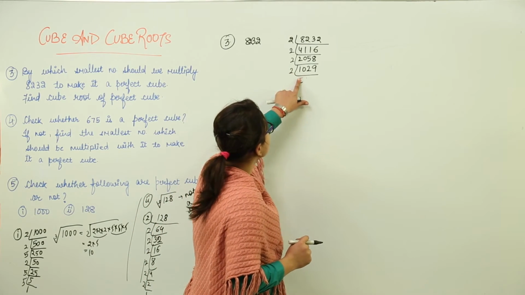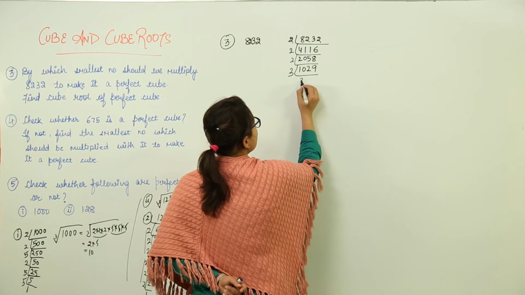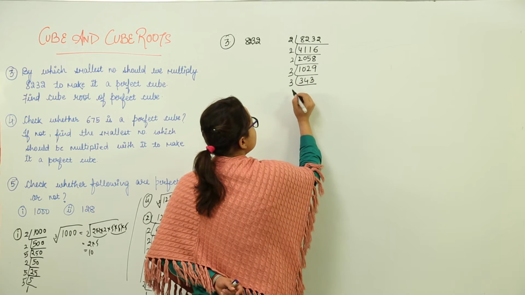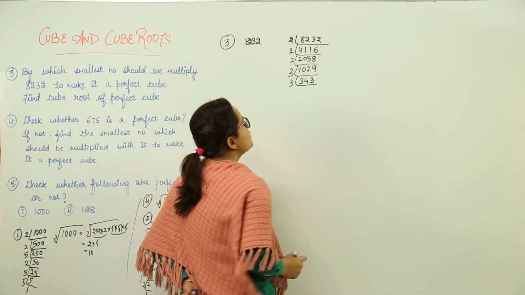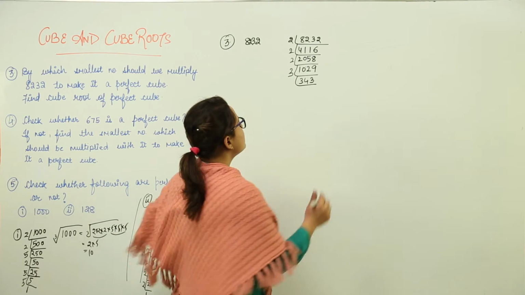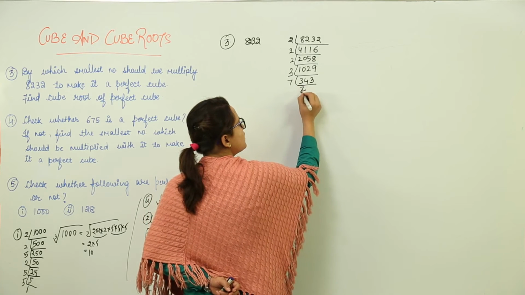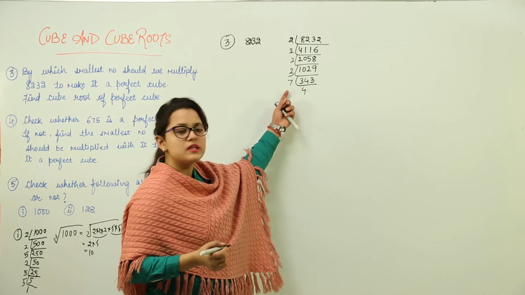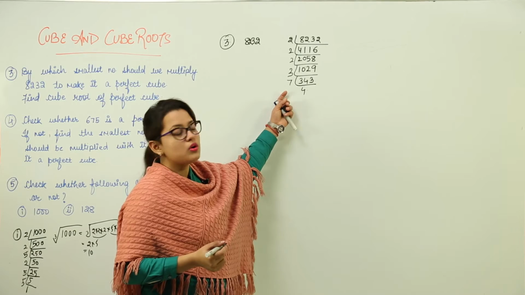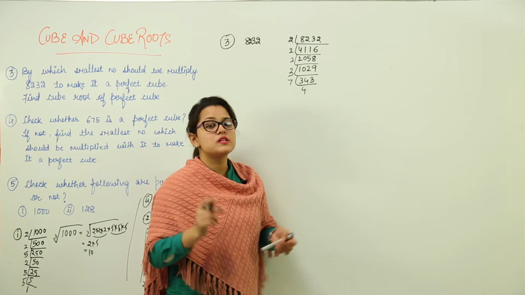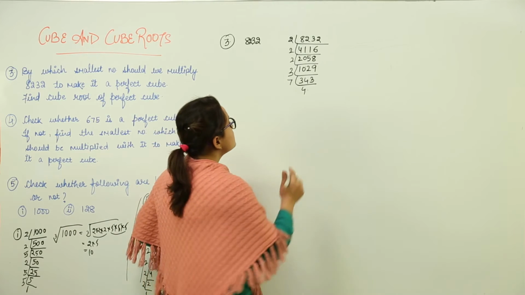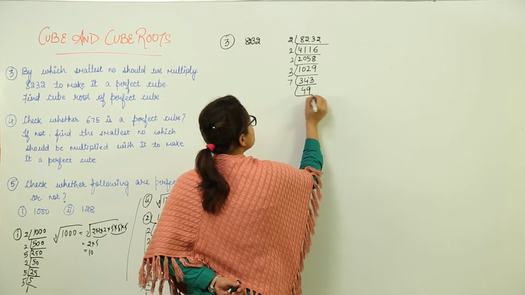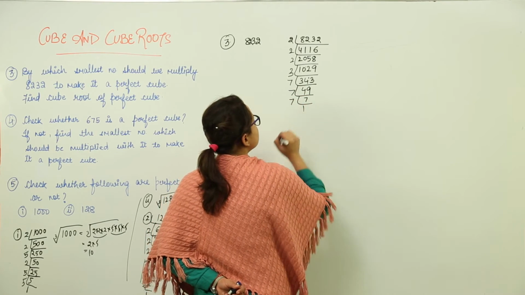Let us check with 3 now. 3 3s are 9. What are we left with? 1. This becomes 12. 3 4s are 12. Again let us check with 3. I don't think it is going to go with 3. Then what should we take? We can take 7 here. Because 3 itself is smaller than 7, it will not go, so we have to take 2 digits now. 34. Then we can do 7 4s are 28. What is 34 minus 28? 6. So 63. 7 9s become 63. 7 sevens are 49 and 7 ones are 7.